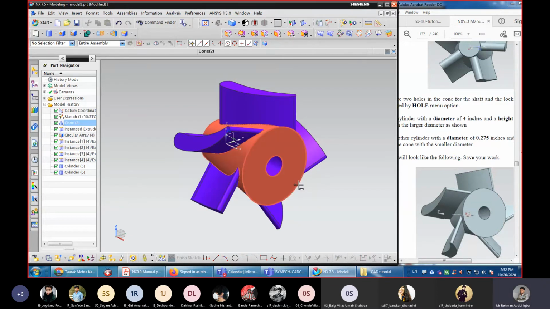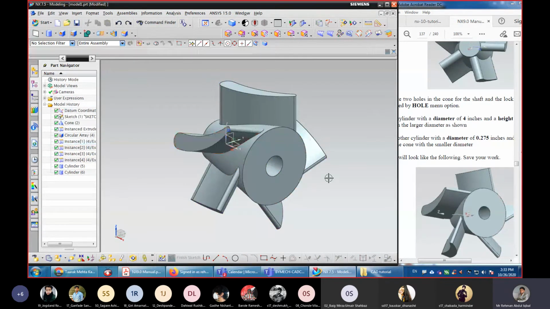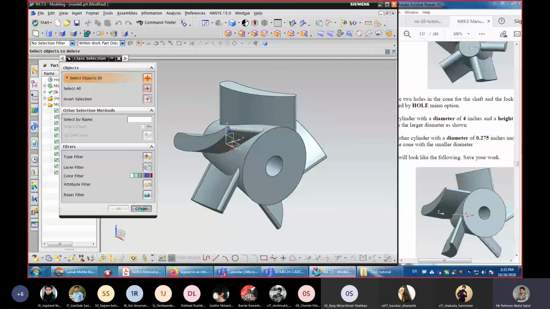Now, instead of using this extrude, okay, straight blades, if you want curved blades, so what is to be done?